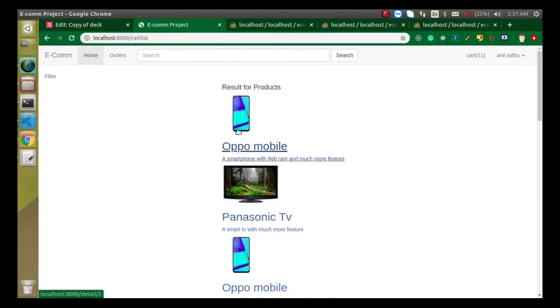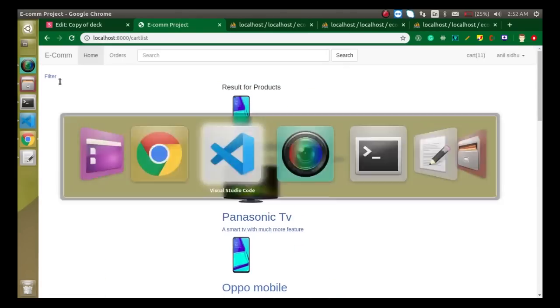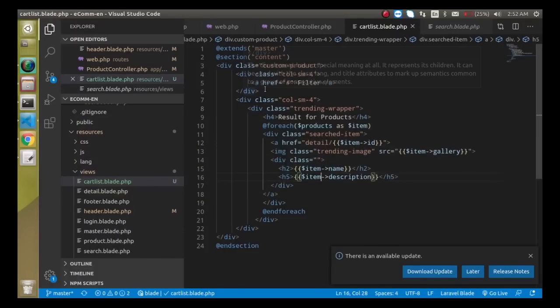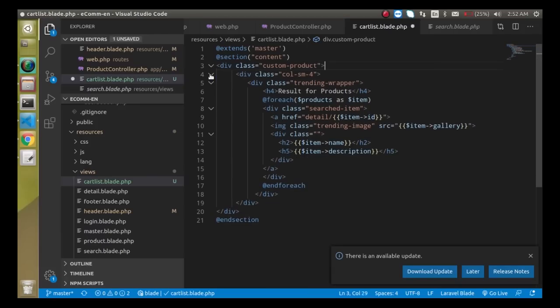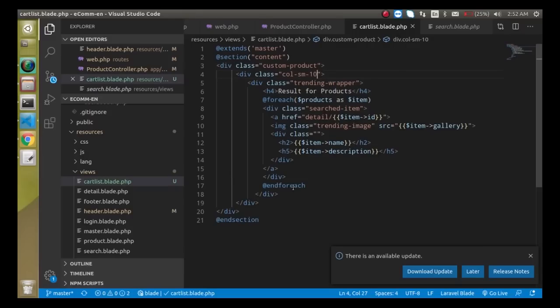Alright, so this is not looking fine because this is not a proper listing. So what we can do is modify this page a little bit. First of all, let's remove this one col, then we can use col-10, and this is a little bit fine but still not great. So what we can do next is